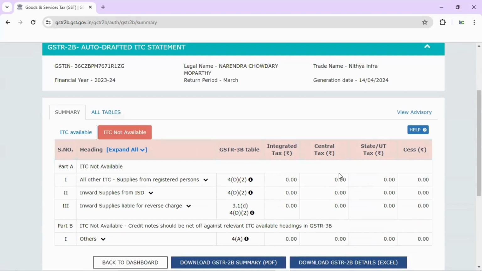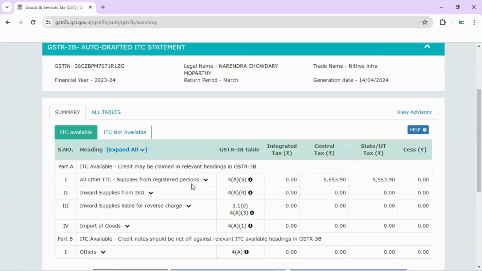disclosed here. On the other hand, GSTR 2B is a static statement. Details will not be updated on a constant basis. It will reflect the details of ITC from registered persons. So here, details of supplies from registered persons, inward supplies from ISD, inward supplies liable for